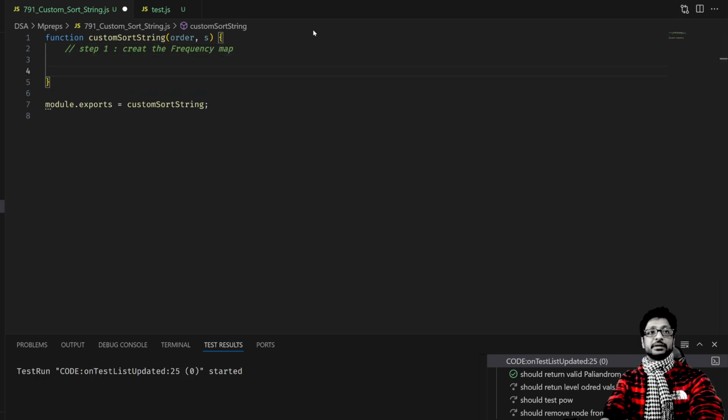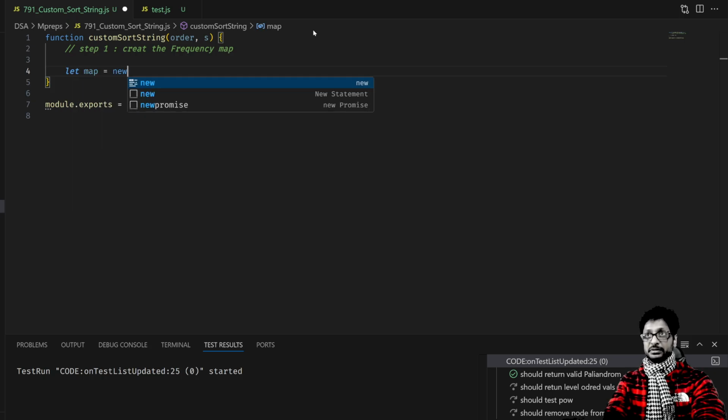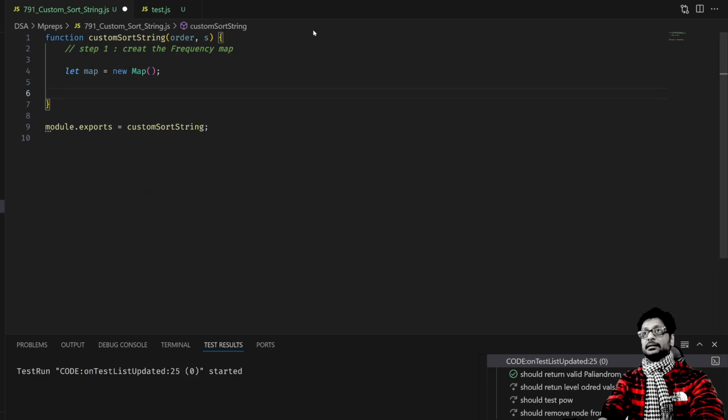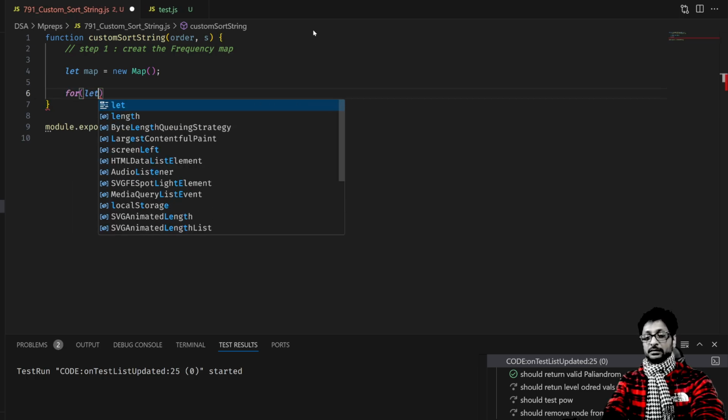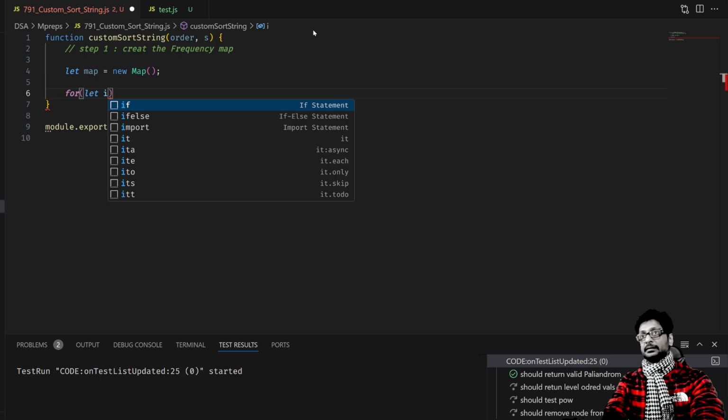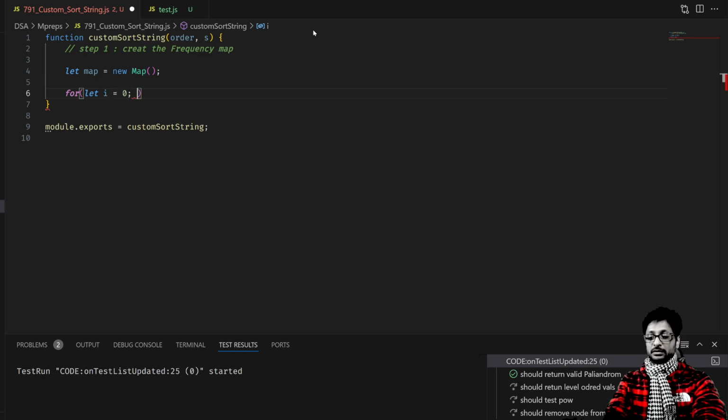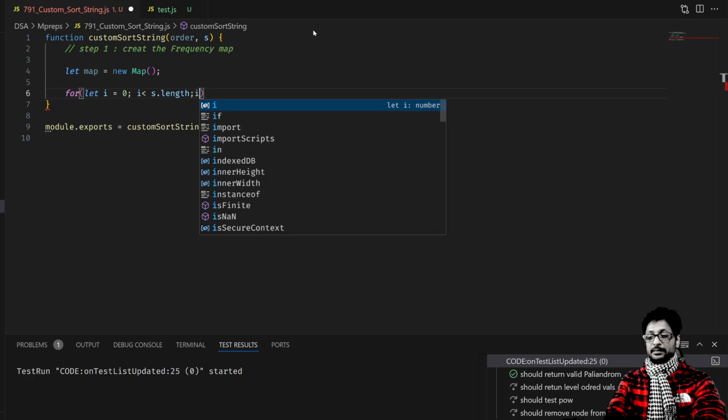And in that way, what you're going to do here is let map equal to new Map, right? And then we're gonna loop through our S. So for let i equals 0, i less than S dot length, i plus plus,